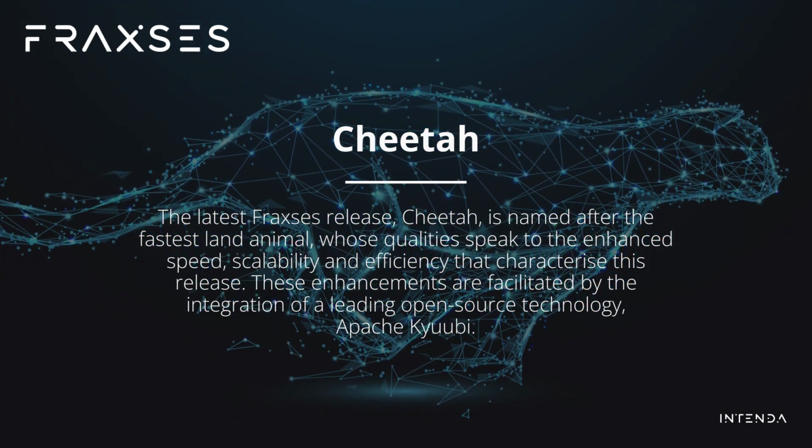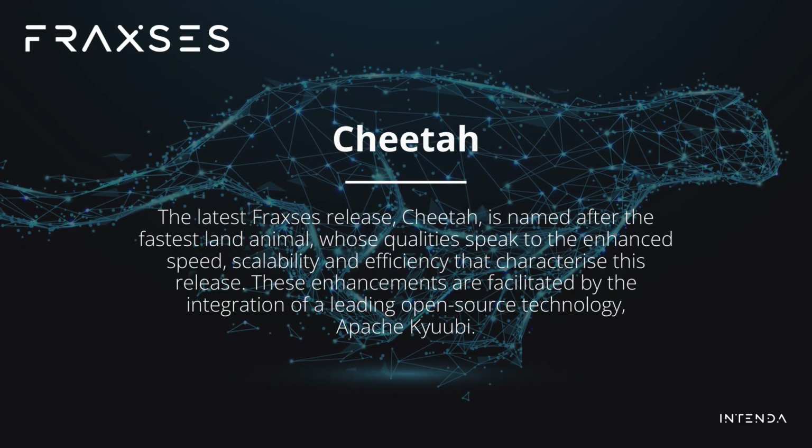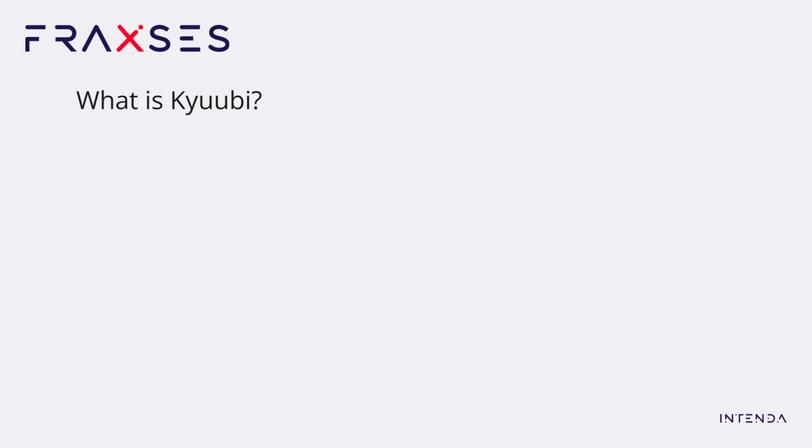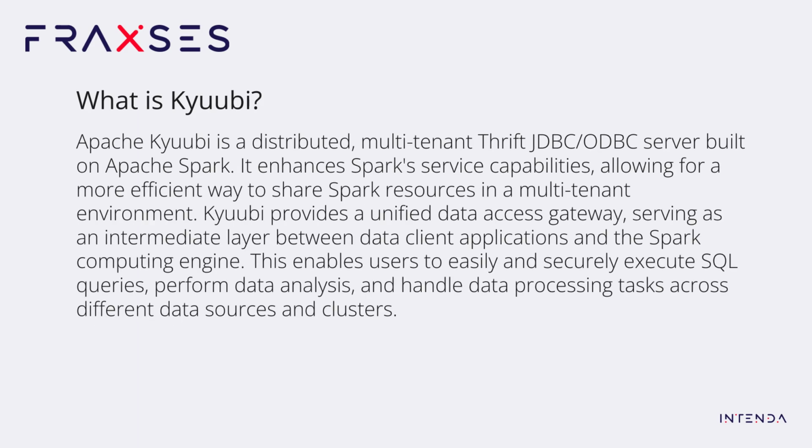These enhancements are facilitated by the integration of a leading open-source technology, Apache Kyuubi. Apache Kyuubi is a distributed, multi-tenant, thrift JDBC ODBC server built on Apache Spark. It enhances Spark's service capabilities, allowing for a more efficient, scalable, and convenient way to share Spark resources in a